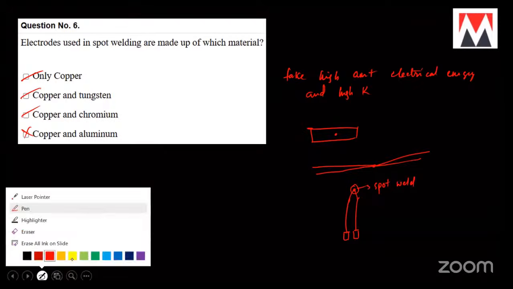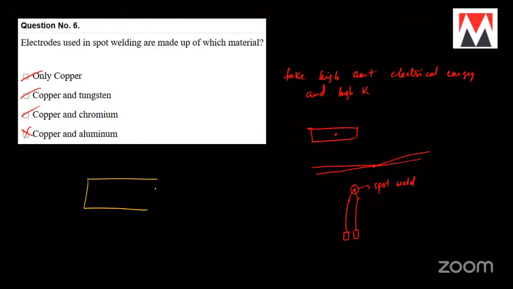You'll have equipment like this. Very small equipment you'll have. A spot welding machine. Inside this you'll keep it, so they both will be joined together like a dot. Just like how the circuit boards inside your mobile phone or laptop are welded, like that it will be welded. So these two will act. So you can't use aluminum for it.